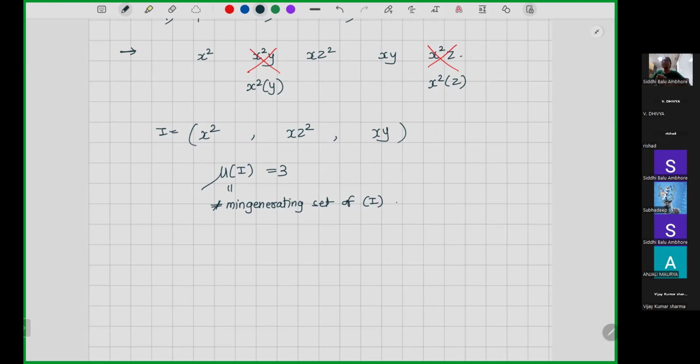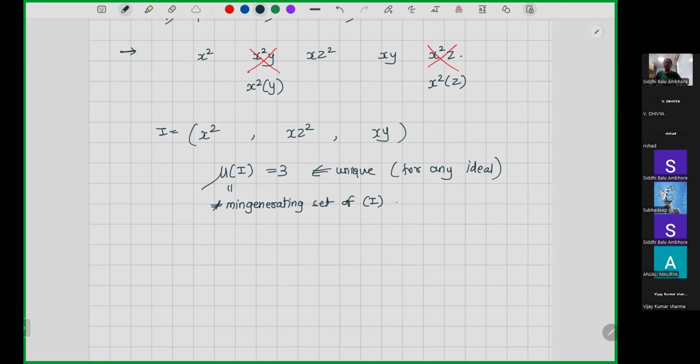It again depends on what you are choosing to generate that ideal. Yes, but the minimal generating set is unique. But now I'm not giving the generating set. I'm just giving any ideal in a Euclidean ring, and you said there is a Gröbner basis for any ideal. Yes. So now, fixing that order, I have a generating set, but there may be different generating sets. So the minimal,